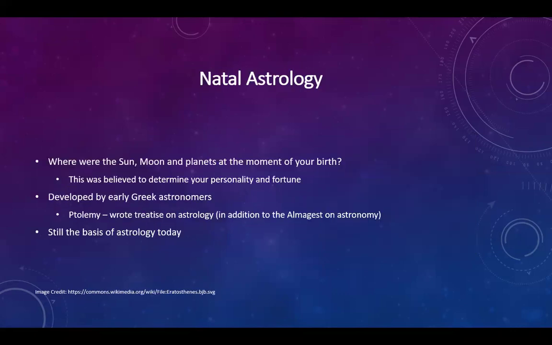Now, the idea of natal astrology was that where the sun, the moon, and the planets were at the moment of your birth would help determine your personality and your fortune. This was developed by early Greek astronomers. Ptolemy, who made that famous book, The Almagest on Astronomy, also wrote treatises on astrology. Basically, every astronomer was also an astrologer